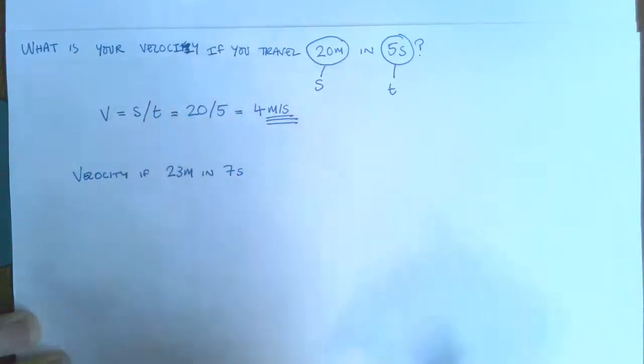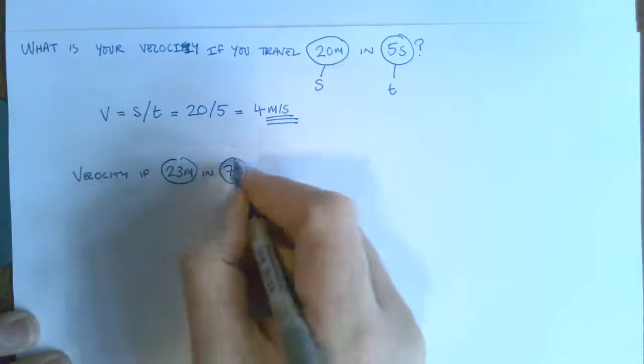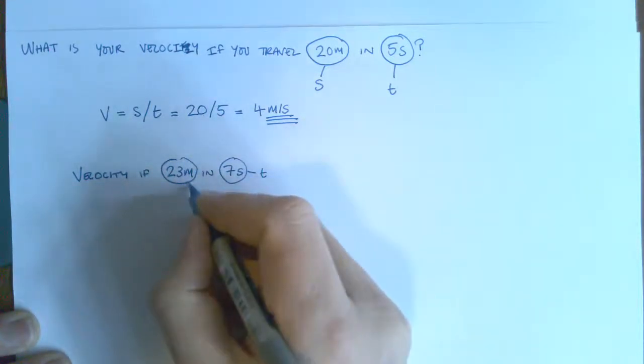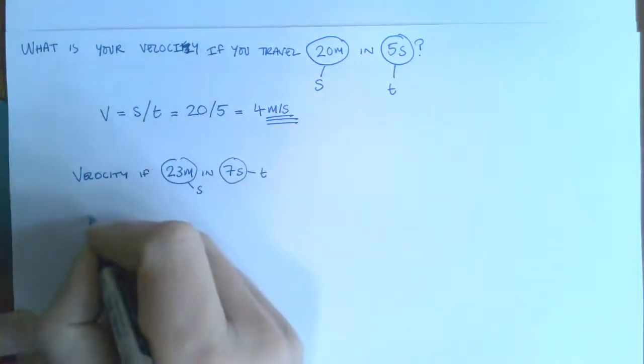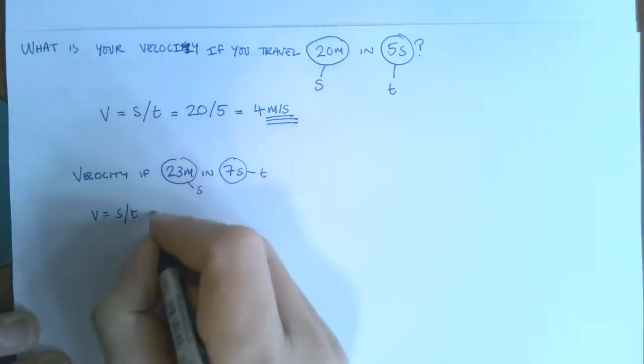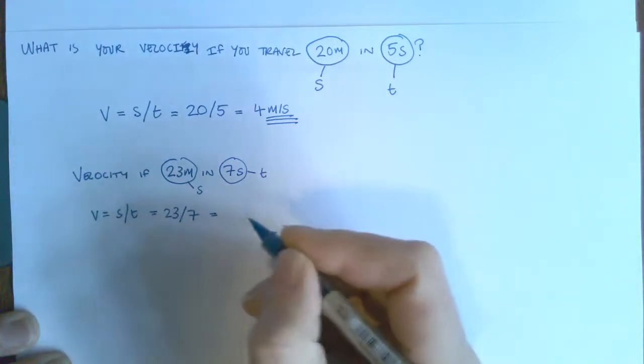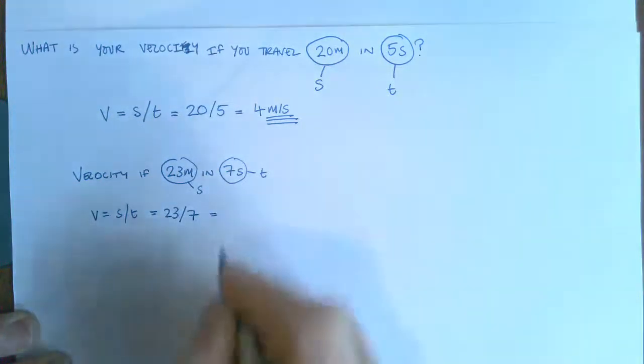Now, same bit at the start, circle it, time, displacement, v equals s over t equals 23 over 7 equals, and this is where people go wrong, because look,